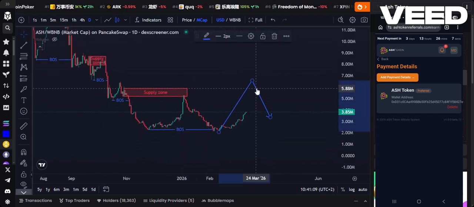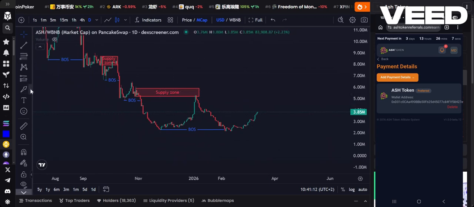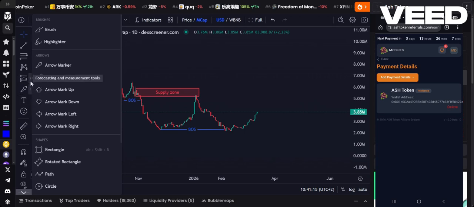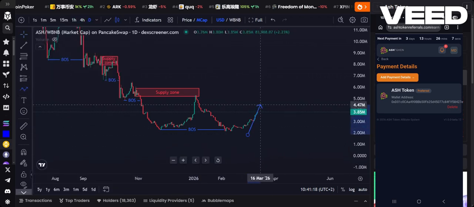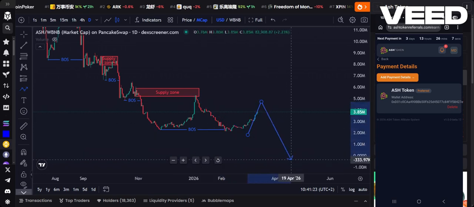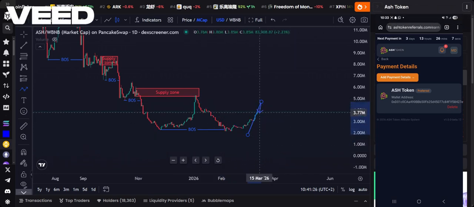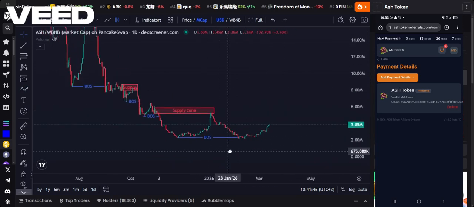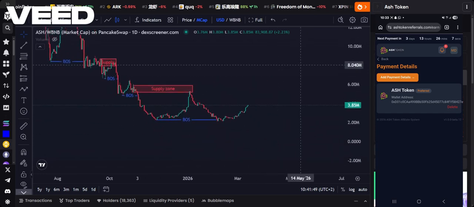Because if you buy the coin right now and it happens that price moves into this previous supply zone, or the one that gave us this break of structure, price can begin to come down again. So even though you hold the coin, price is going to come down. That means your coin value is going to depreciate from 3.85 million market cap all the way to maybe 1 million or even below 1 million. You understand? All right. So it's a good initiative taken by our colleagues, but it's important that we are sure that it's time for this to begin to go up. If not, there's no need to buy the coin right now.